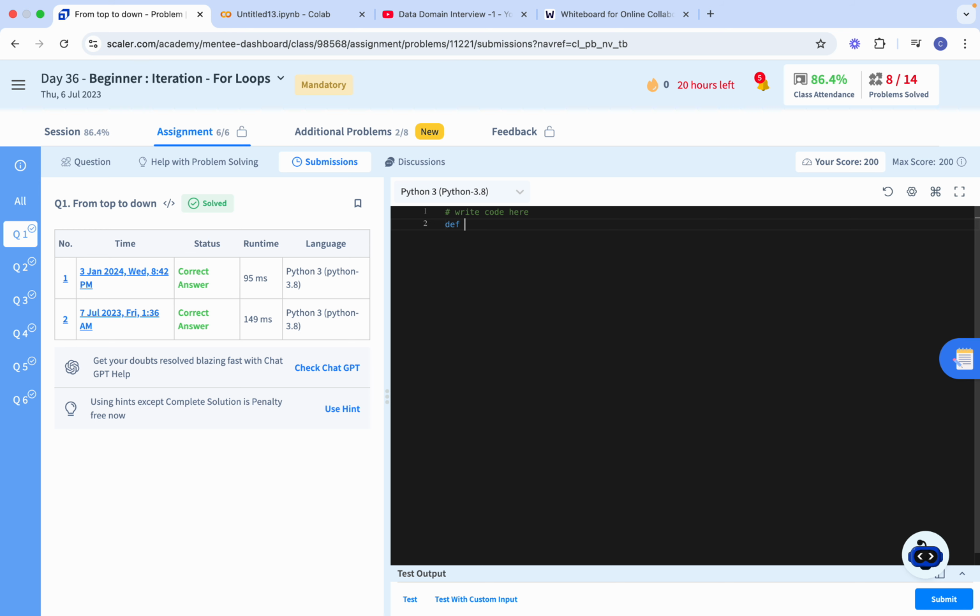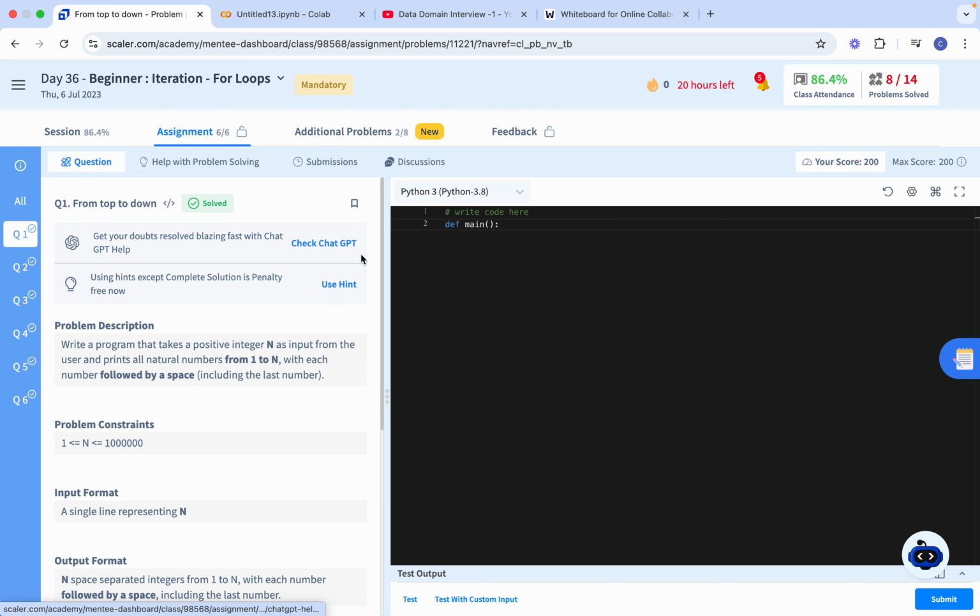Define main function, and then n equals integer of input. Don't worry about this main function, I'll tell you in subsequent classes, since this is also an important topic. n equals integer input, and then